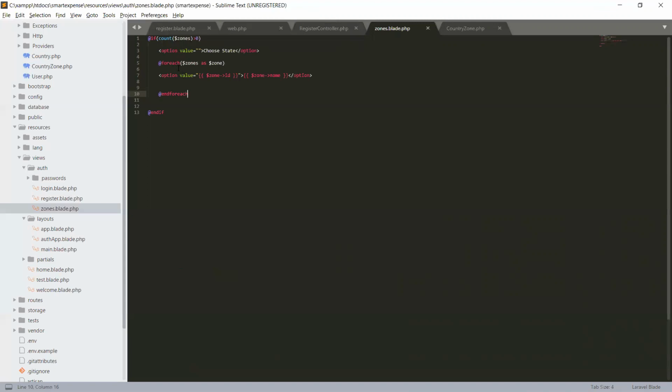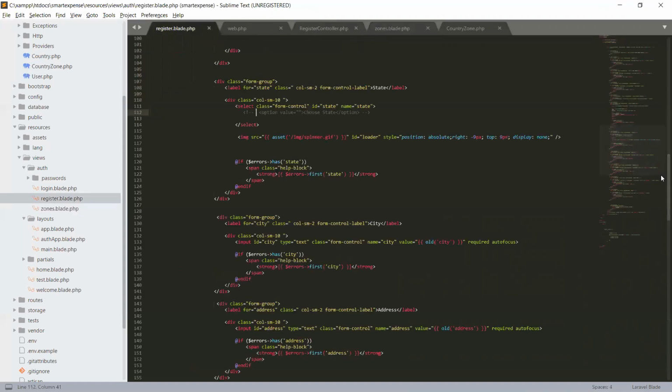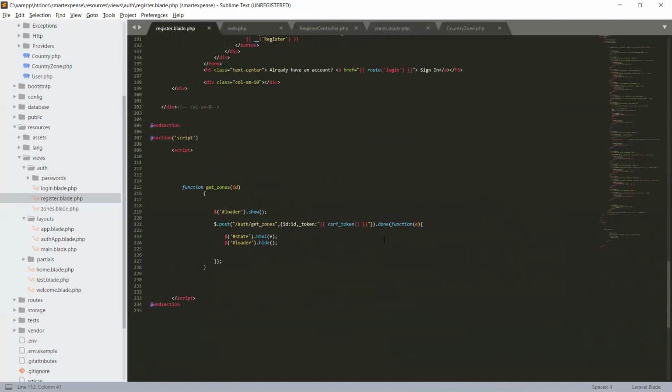So remember, in the register, when the request is successful, we embed it in the state id with html. So the response will be in HTML and it will be embedded into the state, and the loader will be hidden.